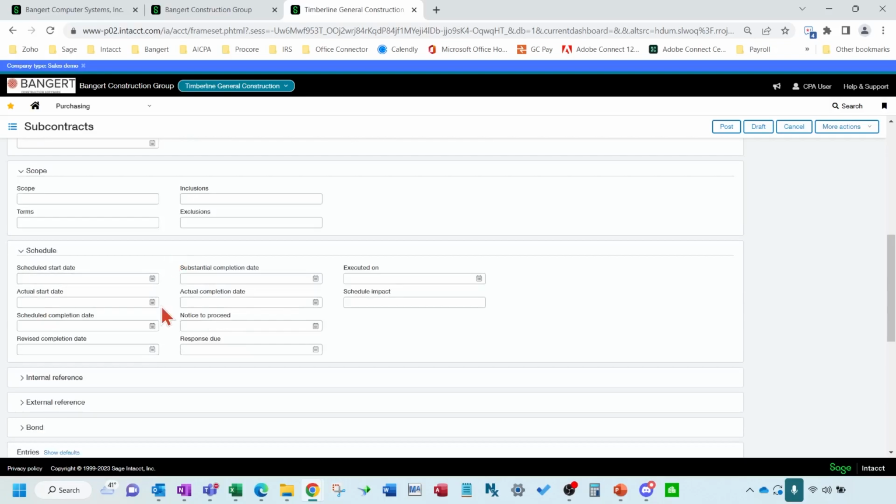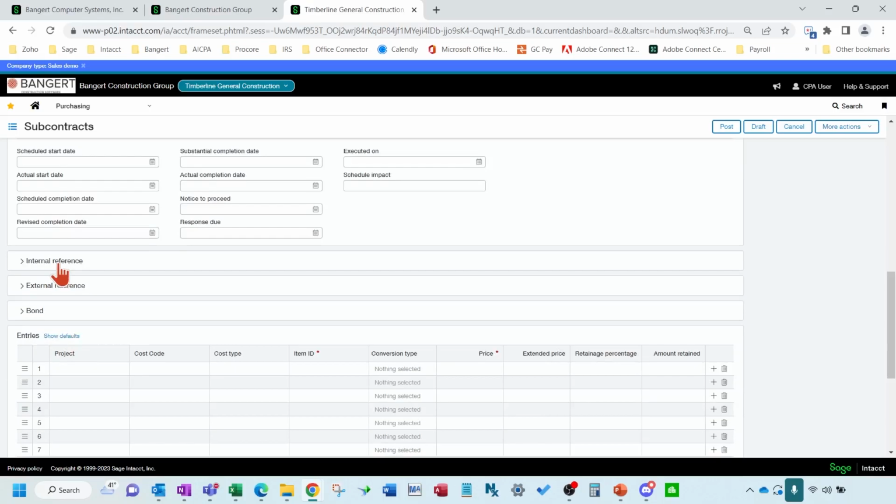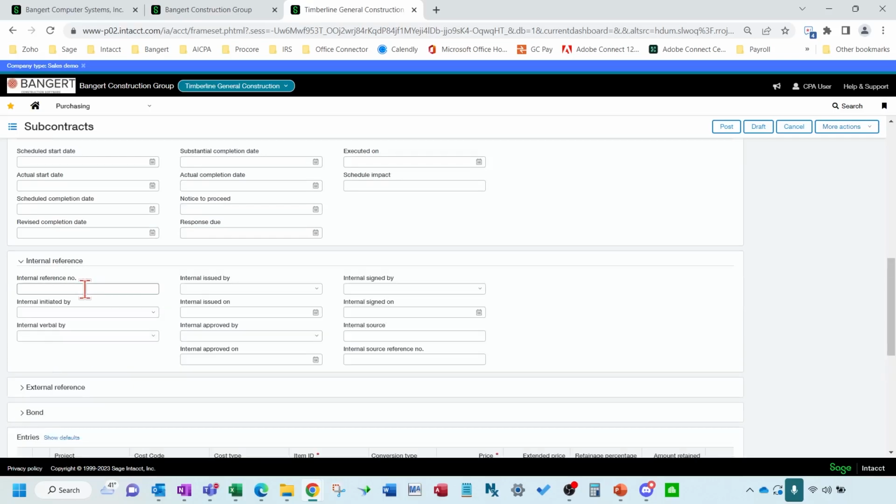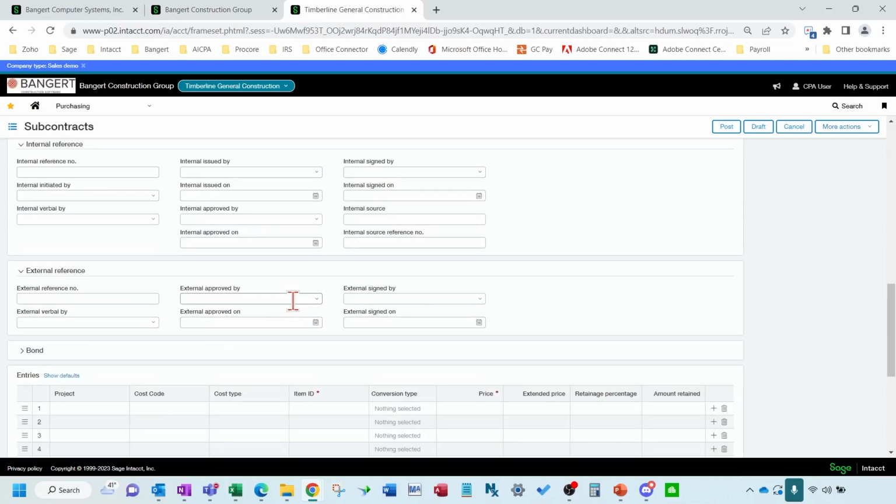Some more schedule dates. And then this would be, when you have issued the contract out, when it has come back, signed would go down here. So external signed dates, internal tracking. So if your project manager issues it, accounting then sends it out or approves it.